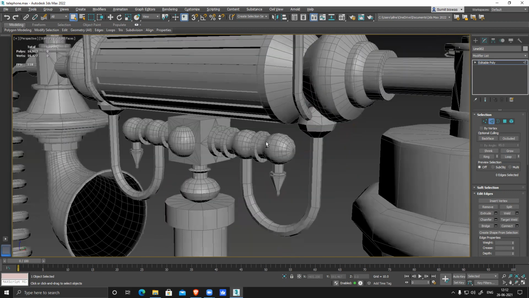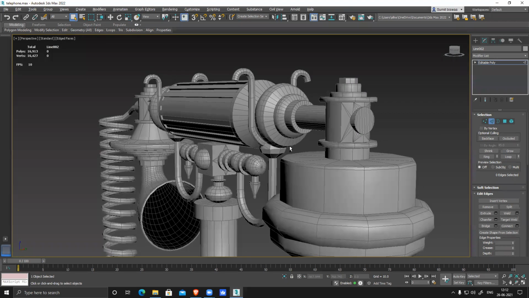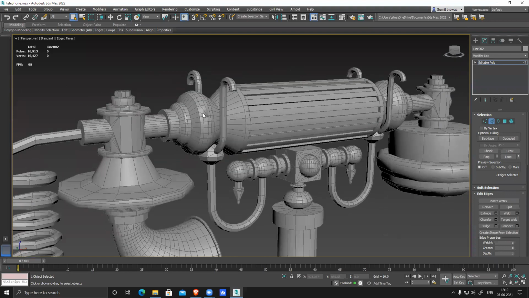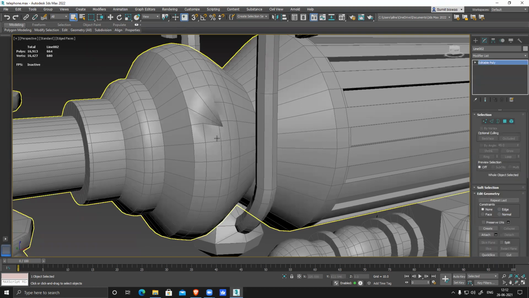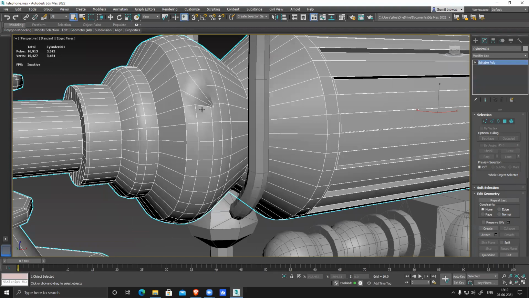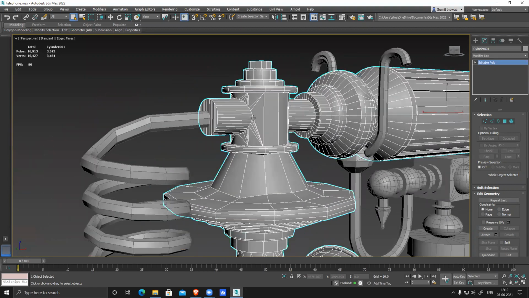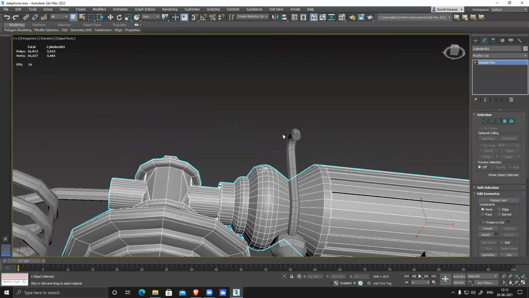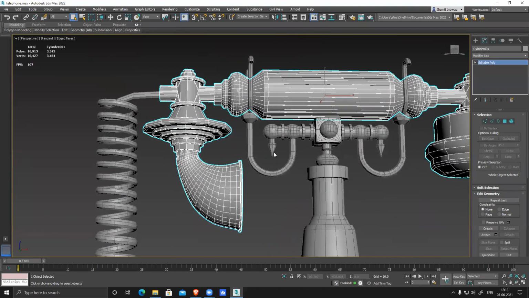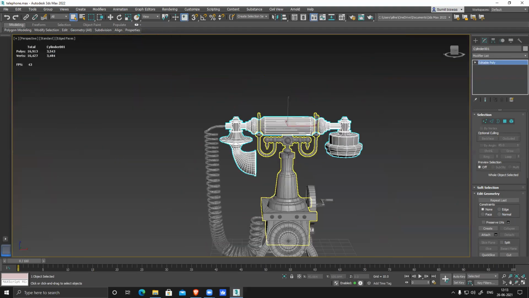This looks nice. This also looks nice, very nice. Something happened here, or I pushed it, I don't know. This is one pinch, like one vertex, it's pushed outside, one pinch happened. Correct, nice, correct, nice, nice. Looks fine. Okay, let's see.